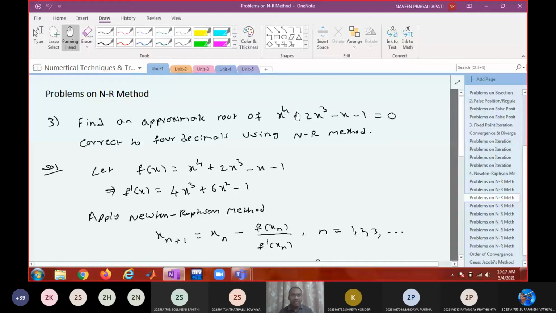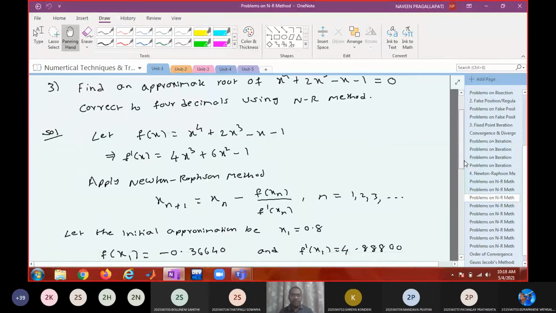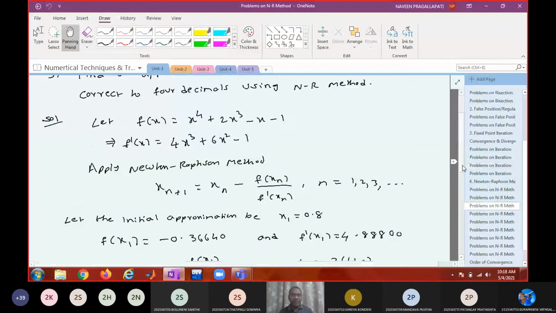You're asked to find, so the previous one is a transcendental equation. So this is an algebraic equation which is a polynomial equation. It's a fourth degree equation which will have 4 roots. We are trying to find out one root of it. So when f is like this, f dash will be this one, 4x cube plus 6x square minus 1, and this is Newton's iterative formula. And first we were trying to find out the location of the real root.